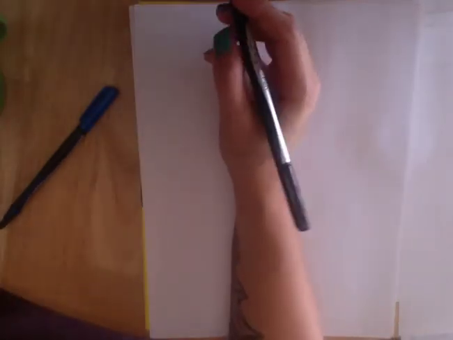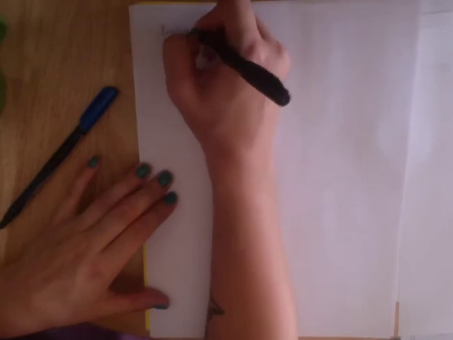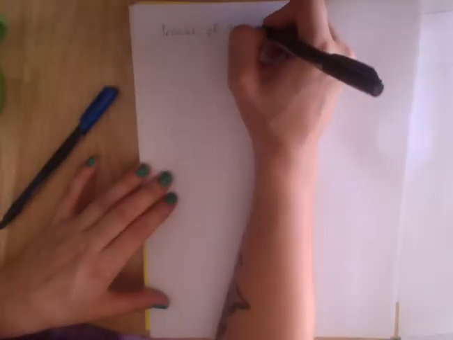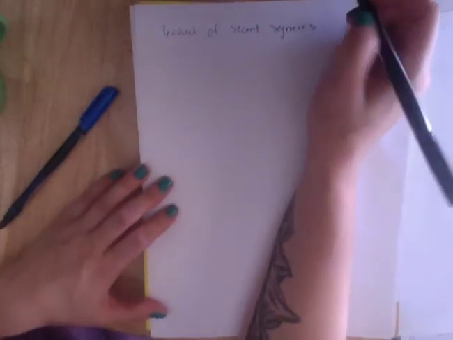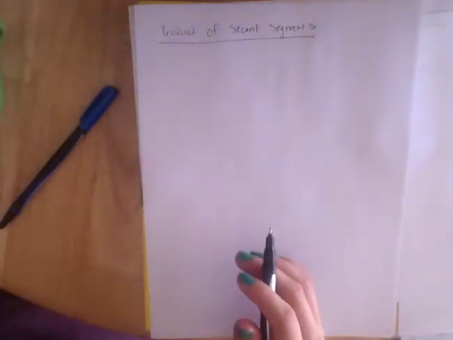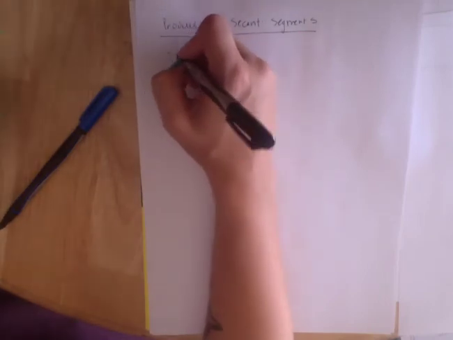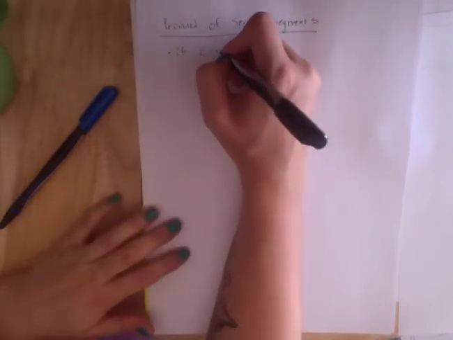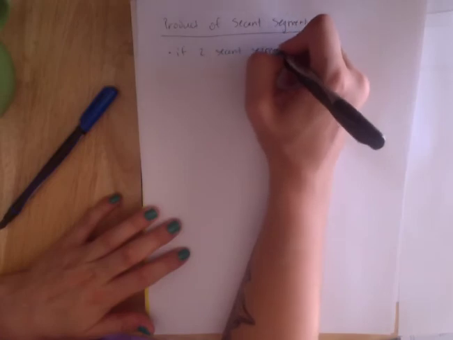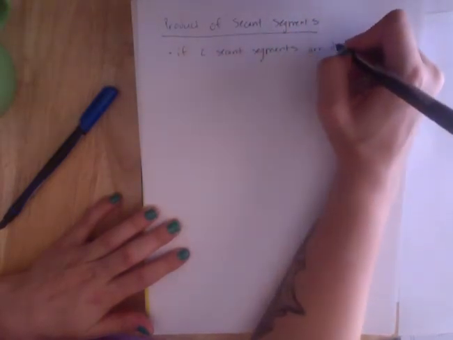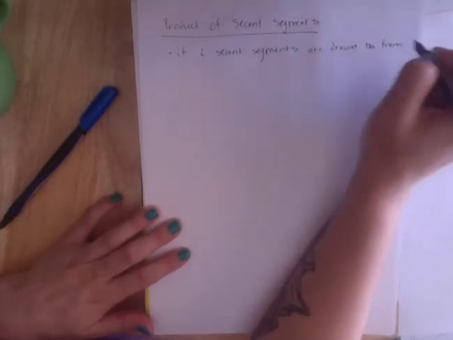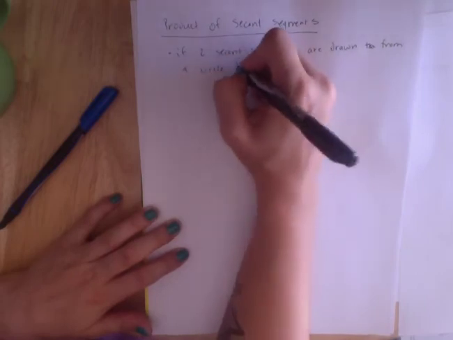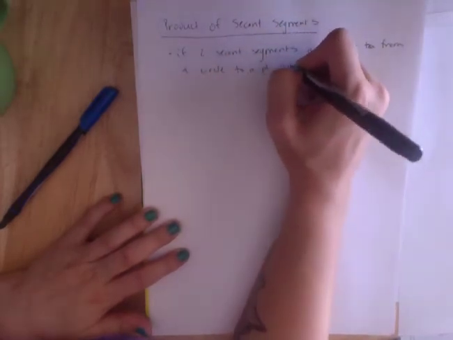We have the product of secant segments, a different type. Okay, these are secant segments. We're not talking about the angles anymore. And we can say if we have two secant segments drawn from a circle to a point outside the circle,